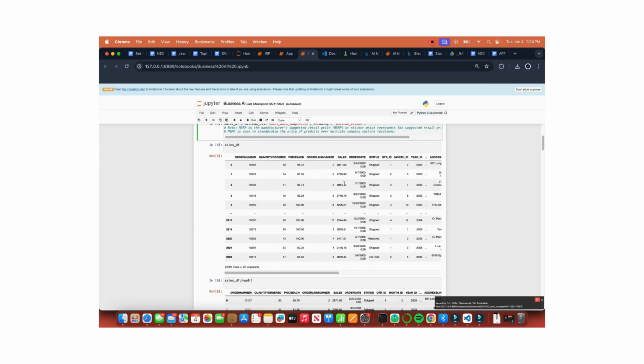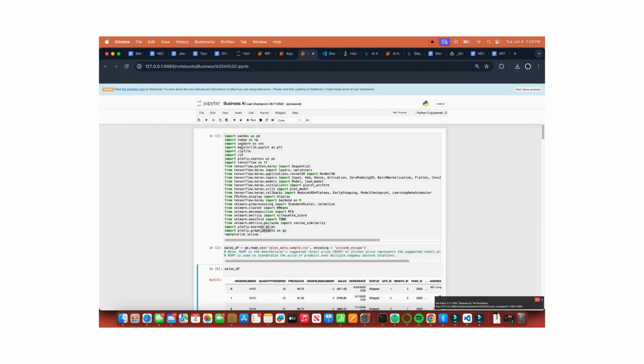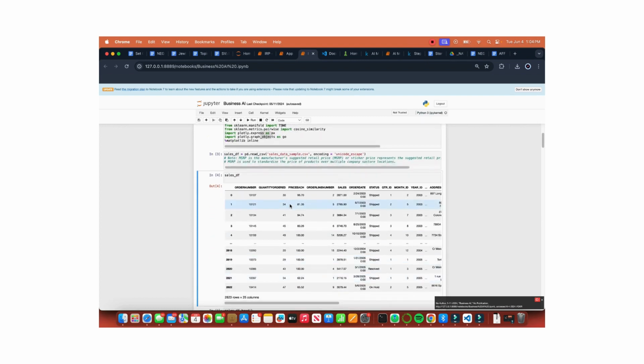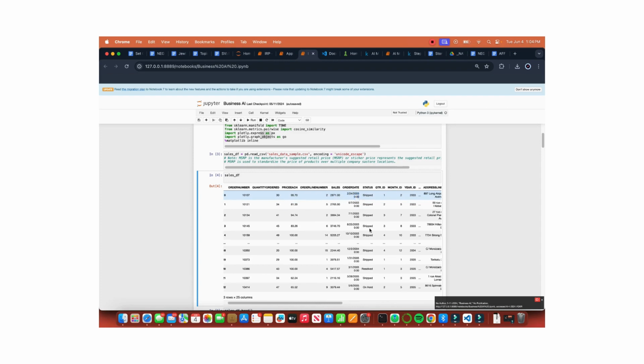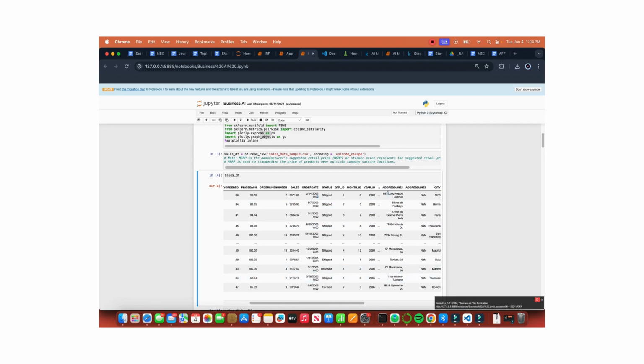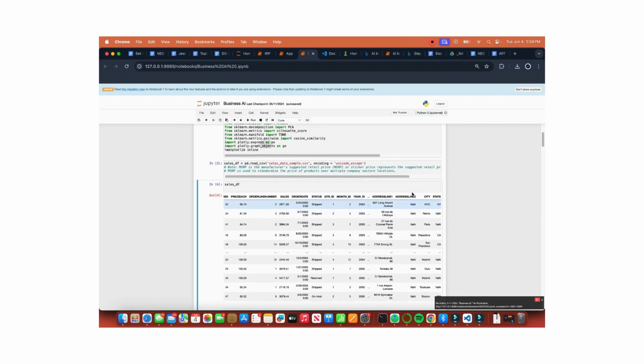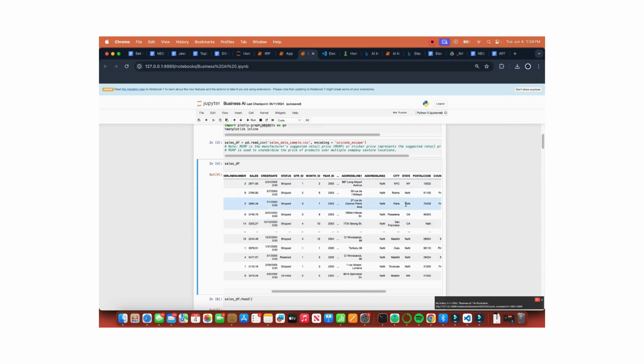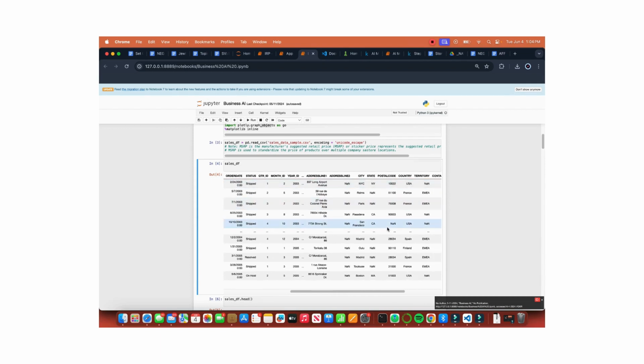Then you use the sales data frame. This is basically our data frame. Let's understand it. We have the order number. So basically this is business AI, so that means we're just working with business records. What quantity of what they ordered, price of each, order line number, the money that was bought for, the order date, status: shipped, on hold, or resolved, quarter ID, what quarter, 1, 2, 3, or 4, month, an integer 1 to 12, year ID, what year, address, their address line 2, mostly not available, city, state, postal